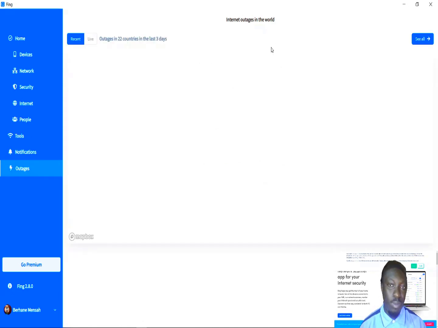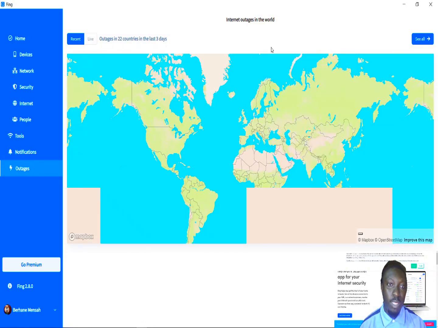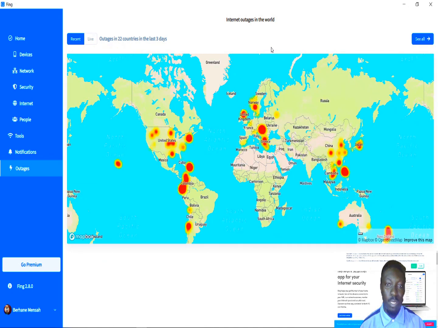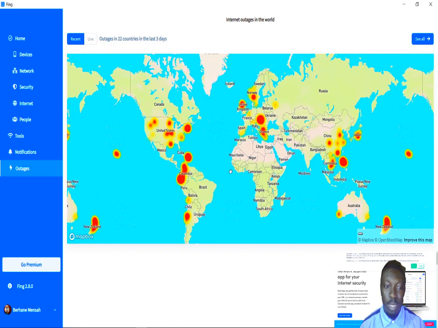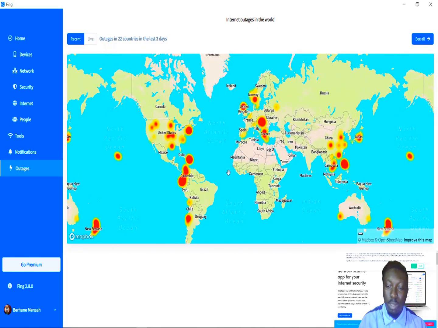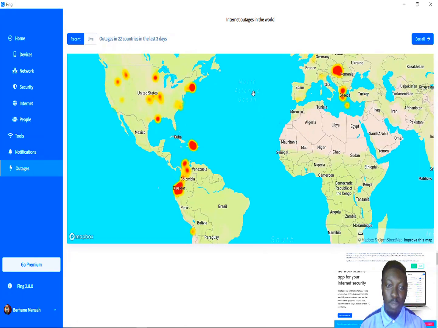your notifications. Outages in 22 countries in the last 3 days. So this Fing application is able to have a collection of network analysis around the world. For example, it says outages. So if you look on the map, these are countries around the world which have actually been affected by internet outage. And I'm sure most of these users here have been using the Fing,